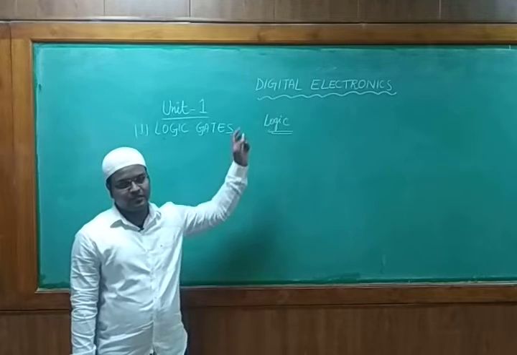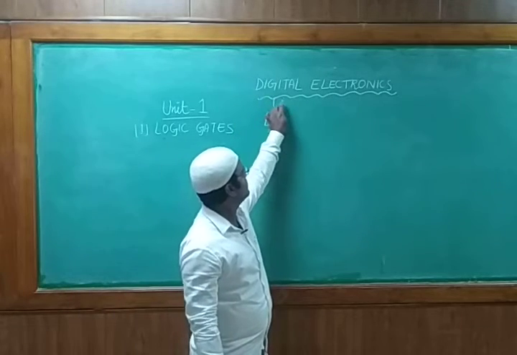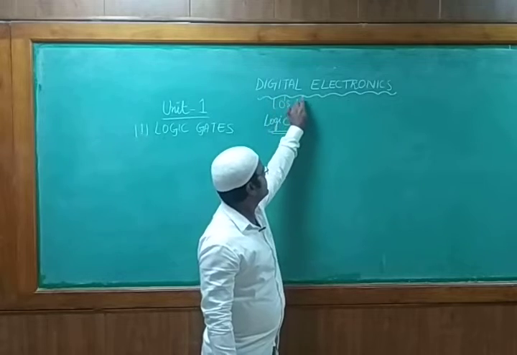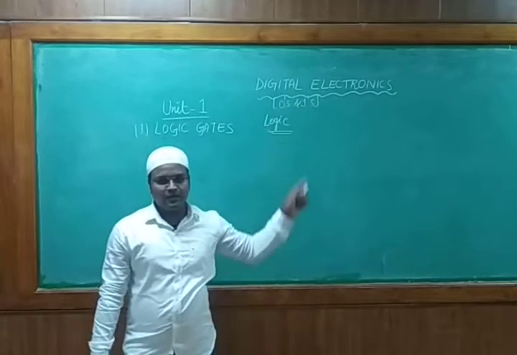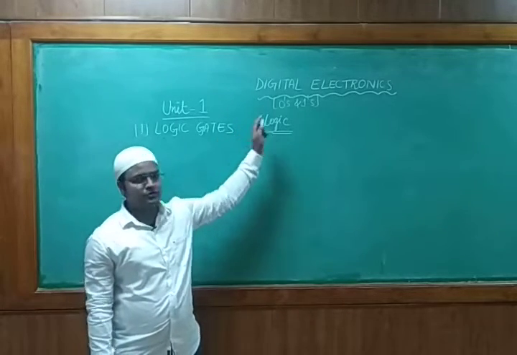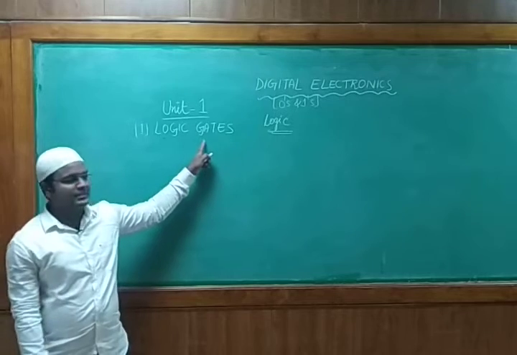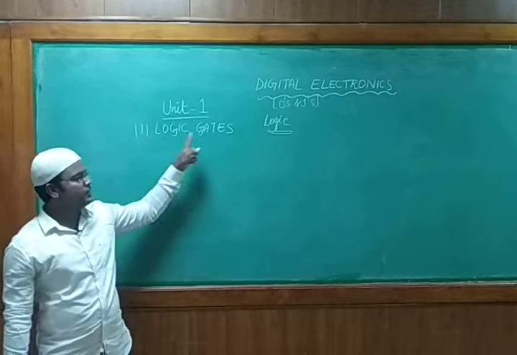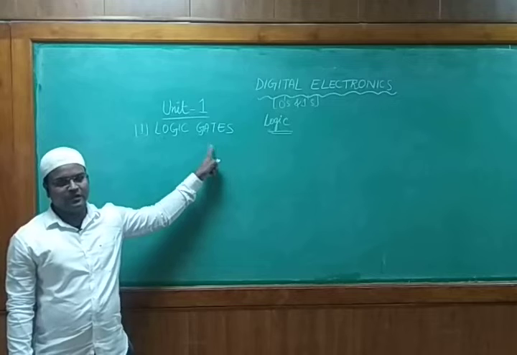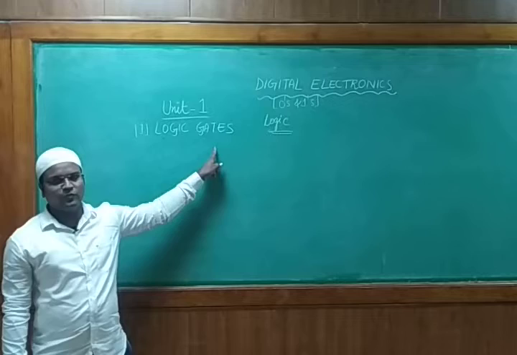Digital, I have already explained to you what the meaning is. Digital information is made of zeros and ones. The information we are considering in this subject is zeros and ones. So that logic we are taking, and for designing the hardware we require certain gates. So we are considering logic gate design. So in logic design, that is logic gates, we are considering